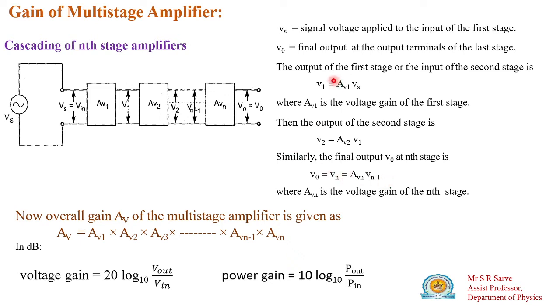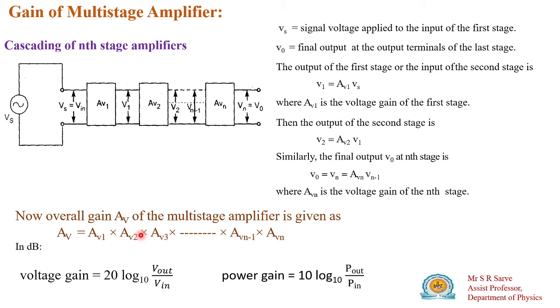If you combine all these terms, the overall gain of this multi-stage amplifier is the product of all these gains. That is, total gain equals the amplification factor of the first stage times the amplification factor of the second, times the third, and so on. If there are n stages, say 10 stages, then you use A1, A2, A3, A4, A5, A6, A7, A8, A9, A10. So there are 10 amplification factors in that multi-stage amplifier. This gain is also known as the absolute gain.